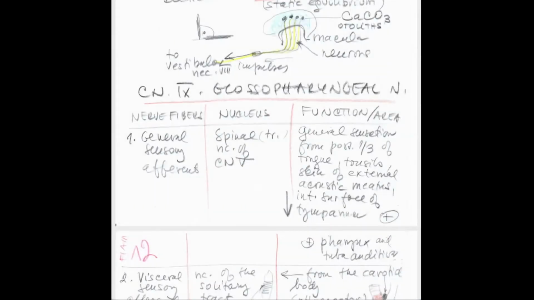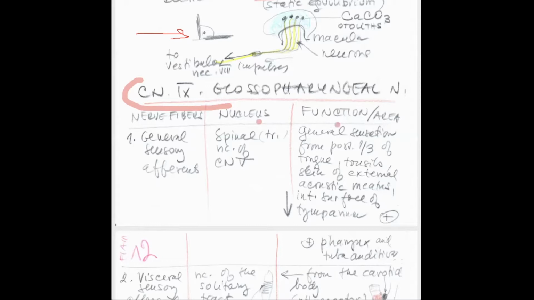Dear students, we are at the beginning of the second half of the chapter Cranial Nerves. You remember from the last presentation that we completed nerve number 8. We still remember that nerve number 8 was specific, special sensory, and the next one is nerve number 9, the glossopharyngeal nerve. The glossopharyngeal nerve is mixed,